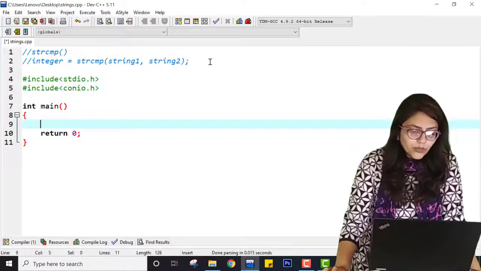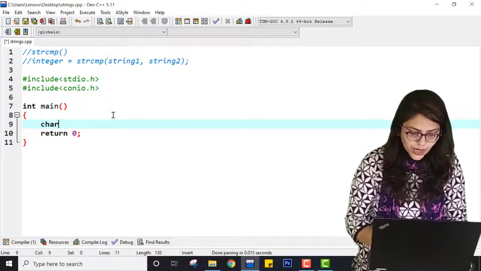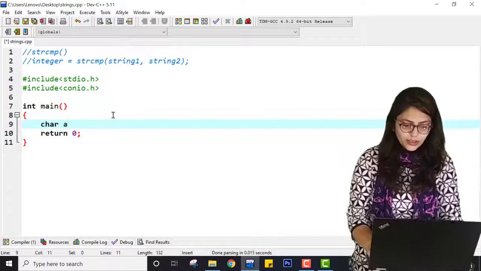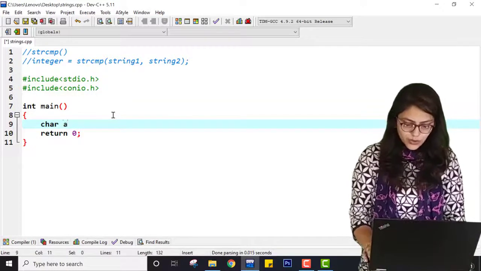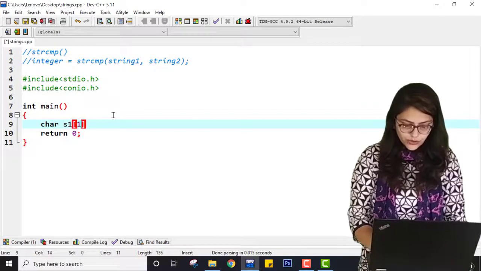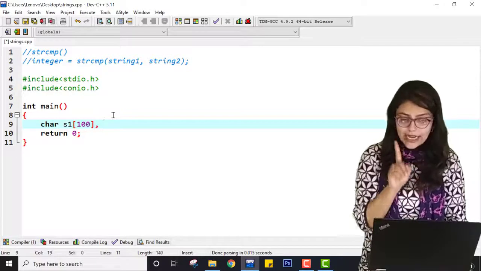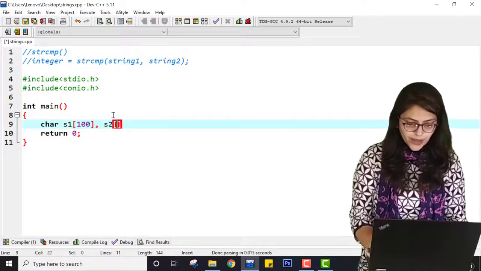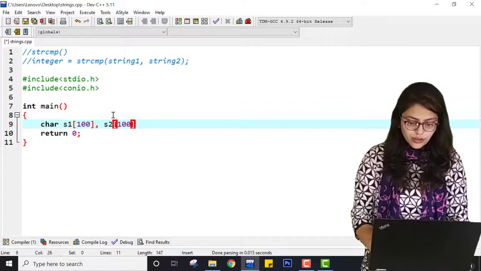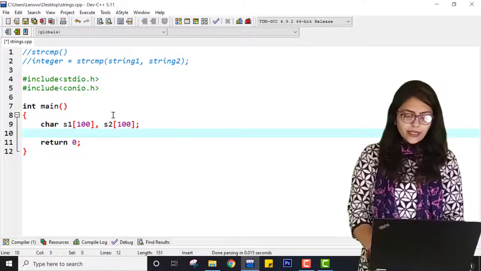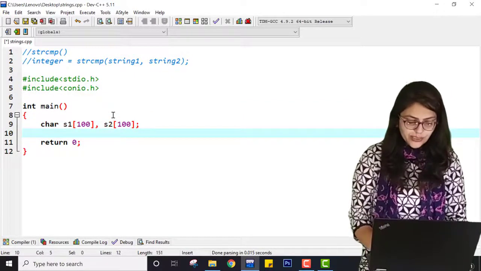And here after this I can write char S1 of 100. It is having 100 as size, it is not length. Make sure that you differentiate that. And here it is 100 again for S2. So I have declared two strings.